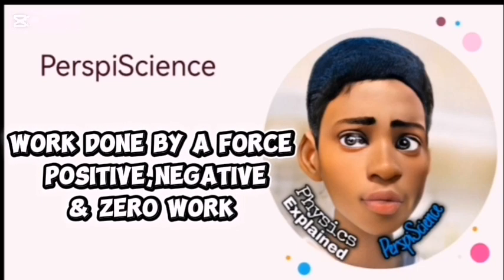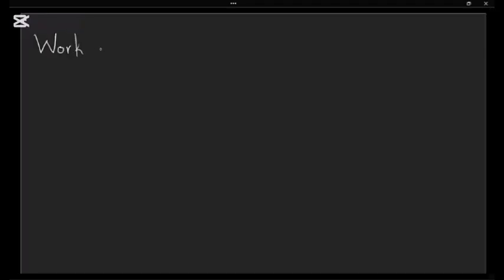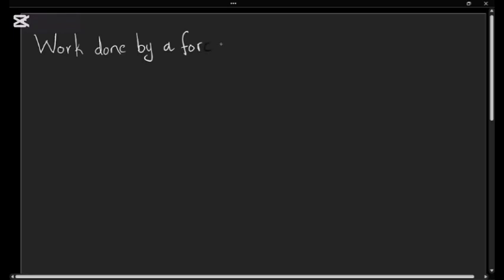In our last video we introduced work, energy and power. In this video we focus on work done by a single force, how to calculate it and when it is positive, negative or zero. Work done by a force is when a force moves an object in the direction